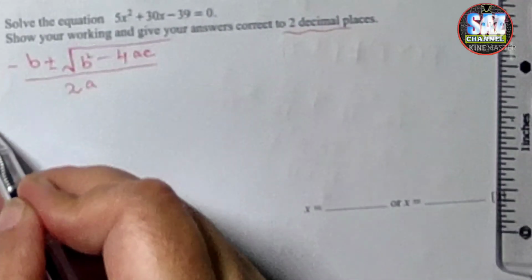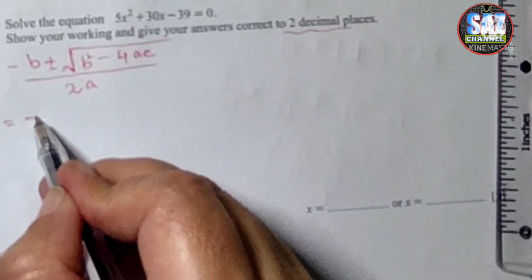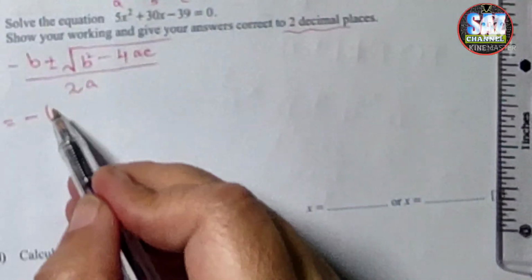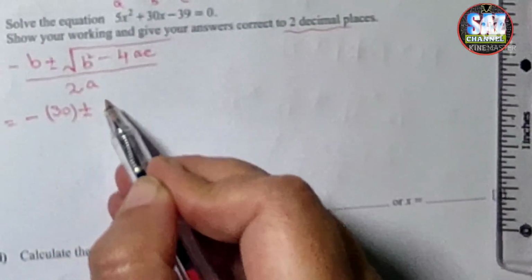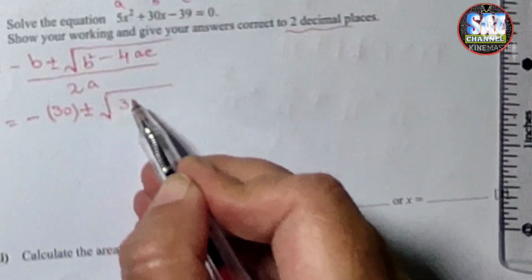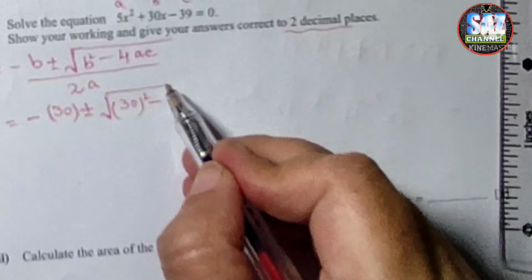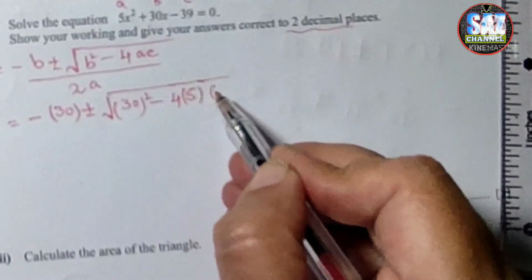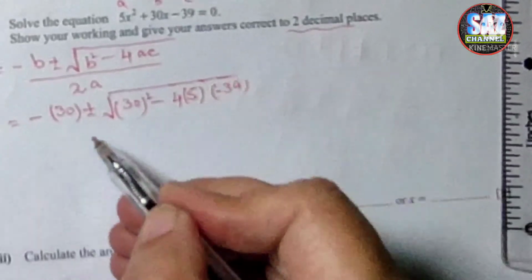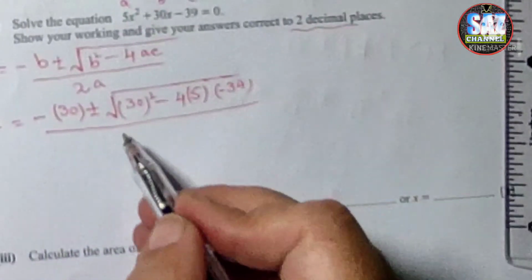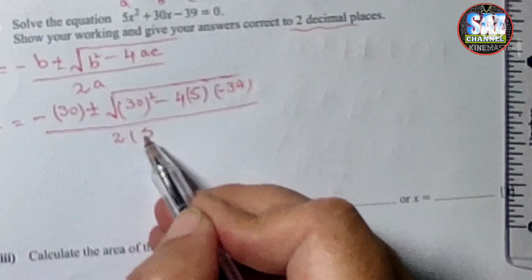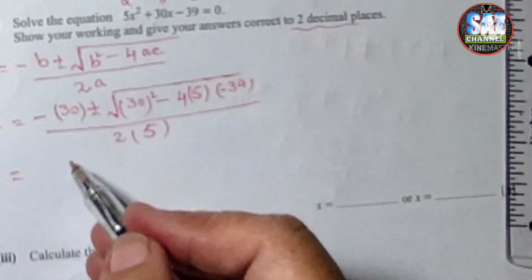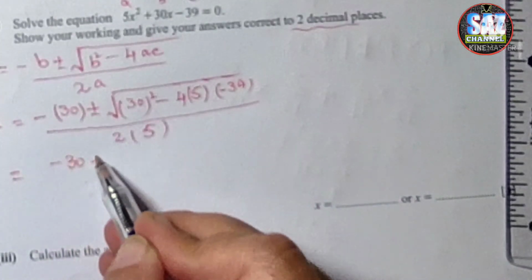Replace the values carefully. x equals minus b, 30. Okay, this is a, this is b, and this is c. Minus 30 plus minus the square root of b square, 30 square, minus 4 into a, which is 5, and c is 39 with a minus sign. Okay, very easy question. You just have to insert the values and you will easily get the answer. You have to be really careful while working, and this will give me minus 30 plus minus,